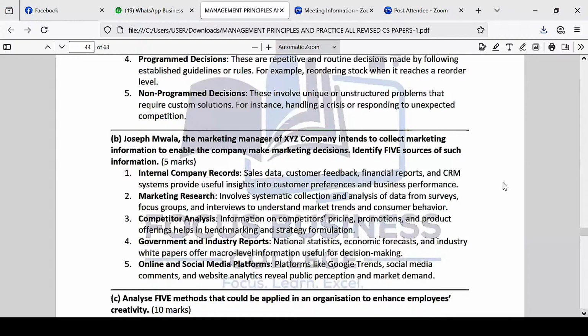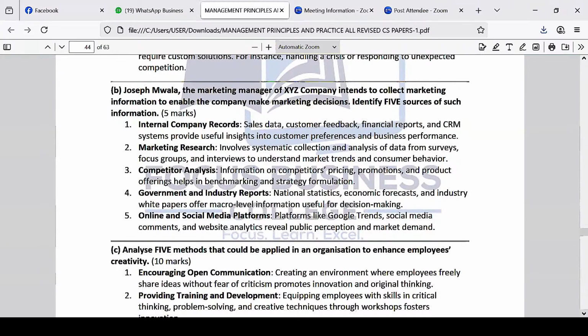Question 1B, somebody has a point here. Let me see what is being handled here. Consensus, participative, type of decision, basically. Consensus, those are basically decision-making techniques. Wendy, consensus, these are called decision-making strategies or techniques. I don't know if you're getting me, Wendy. They are not types of decisions, but basically, consensus is a decision-making technique, participative also. Basically, those are techniques, but the question was asking about types of decisions. So that's a very good trial. At least you've been able to get clarity on that. So that's okay. Now, the next question here is asking,